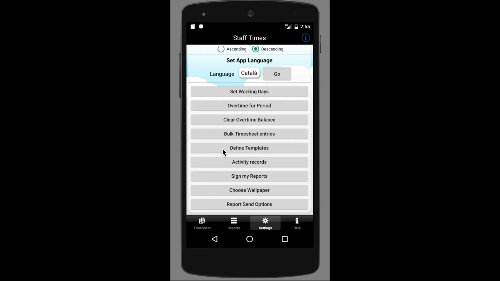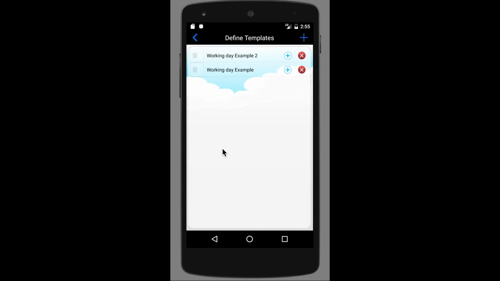Let's look at defined templates. Templates allow you to add your activities to a 24-hour period. You will see a list of templates that were deployed by your administrator. If this is empty, this means there were no templates deployed to you. You are able to create your own